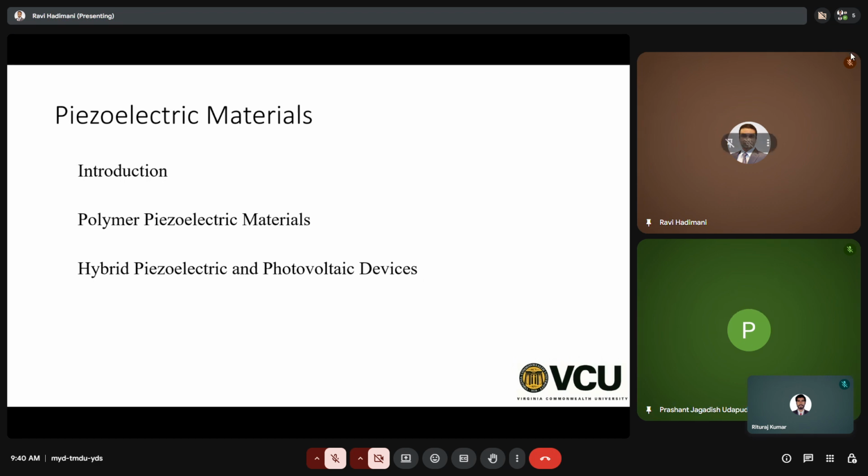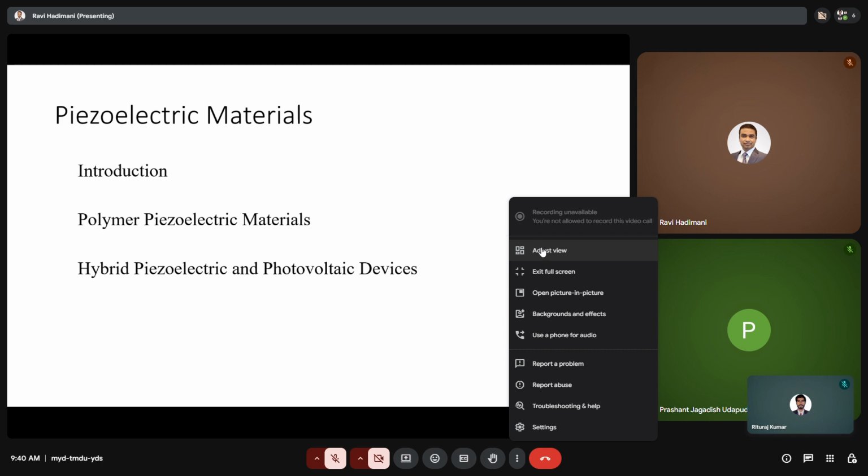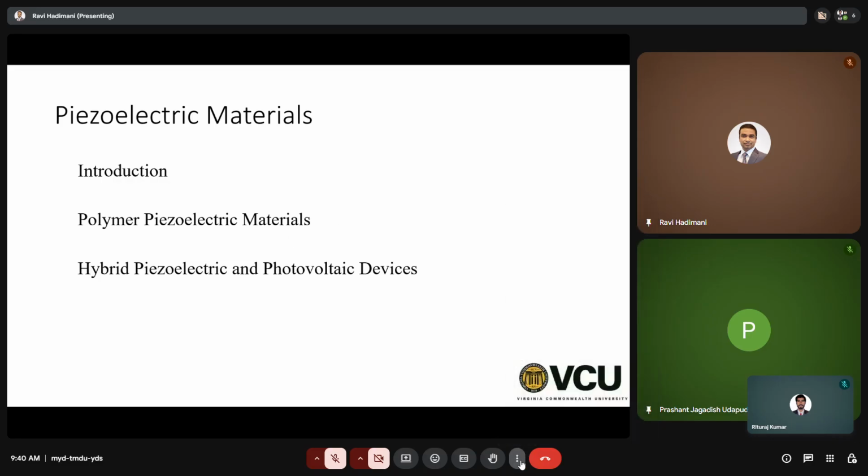Okay, but there's also another class of materials, photovoltaic materials, right? Which convert light to electricity. So the light domain and the electric domain are coupled. In piezoelectric materials, it's the mechanical and the electric domains that are combined. In photovoltaic, it's the light and the electric domains that are combined, right? So in photovoltaic, you put light on the material and it gives you voltage, and that's what you make use of in